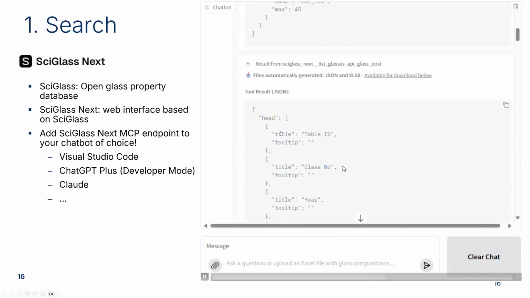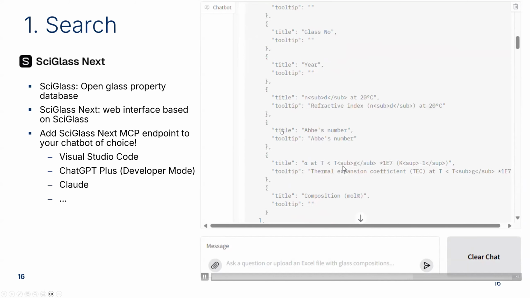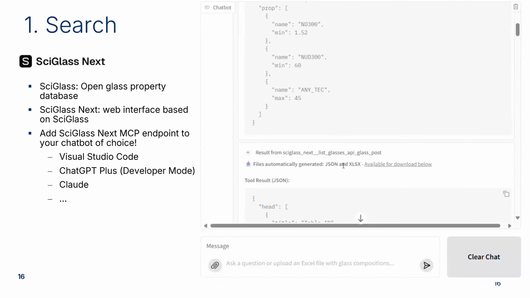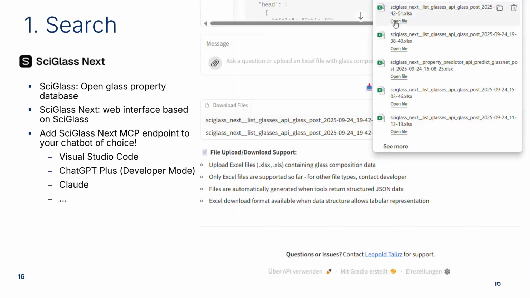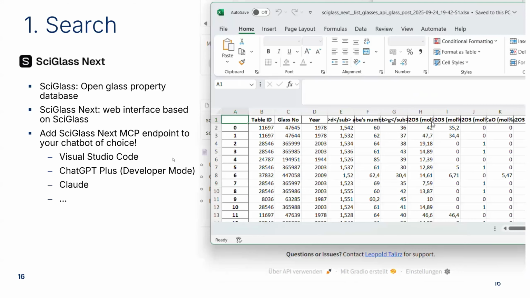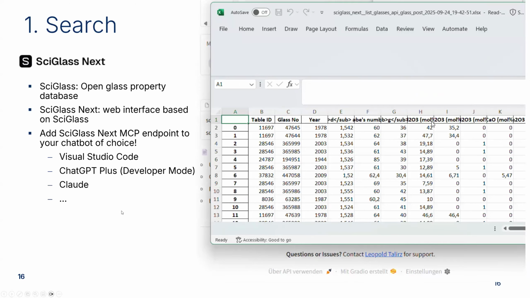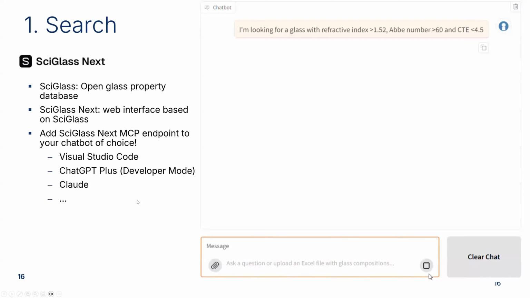And then I can look at the result in JSON form, which is the form that the database returns the result, but I can also download it in Excel form. And if you're already in industrial modeling, or if you ever move into industrial modeling, Excel is a very important tool here. So so far about the searching.